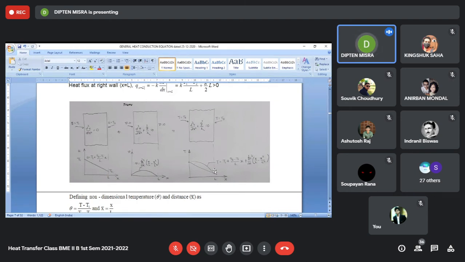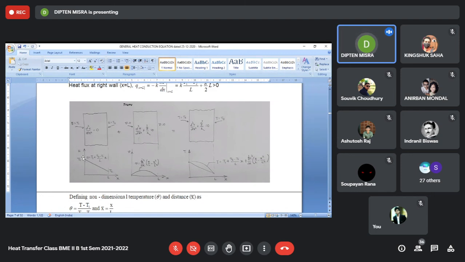Now, if you see this solution, on the right hand wall, the gradient is always negative, it is downward. Because you are adding a linear thing that is coming downward, and this is also downward, so if you add these two, it will be coming downward. As you increase the value of x, your t comes downward. If t decreases, that means your dt dx is negative, that means heat flux will be positive, the heat will come out. But what you say here is that whatever the slope here is the slope over here, and that